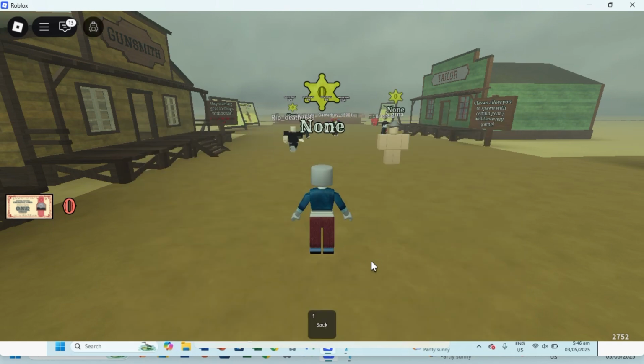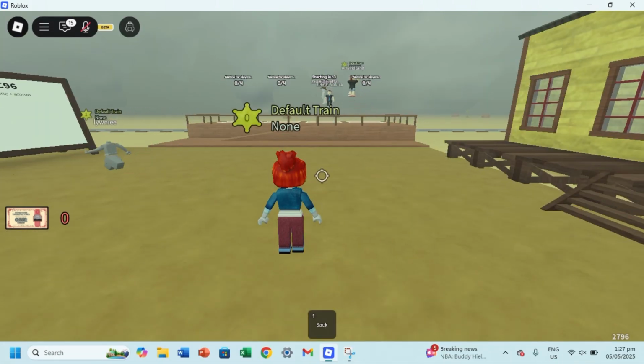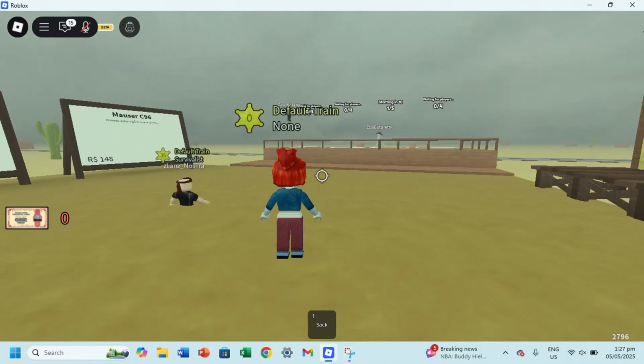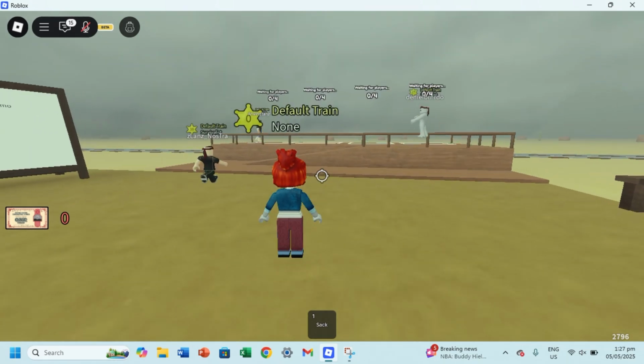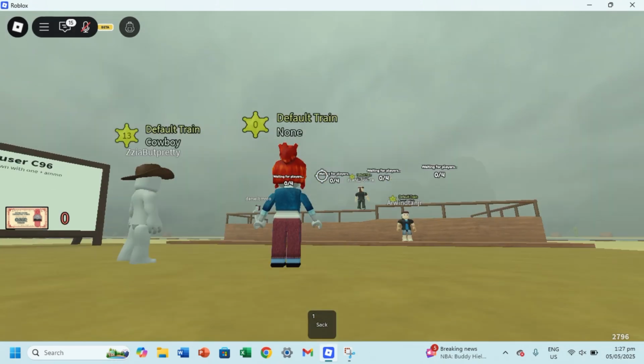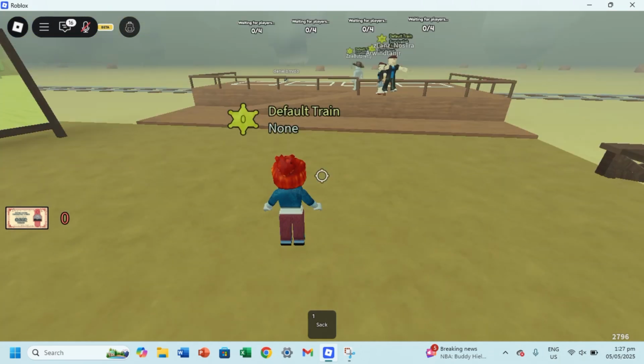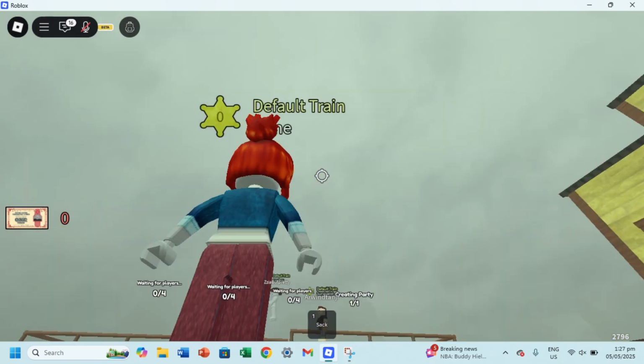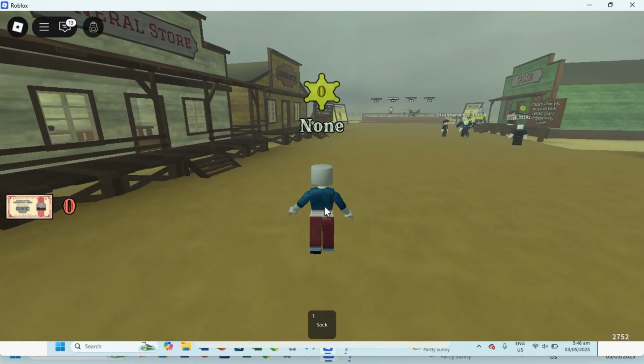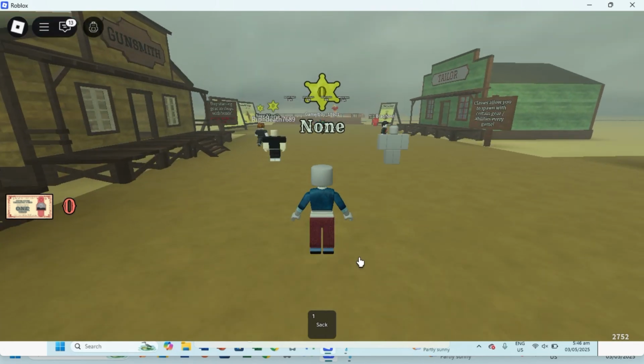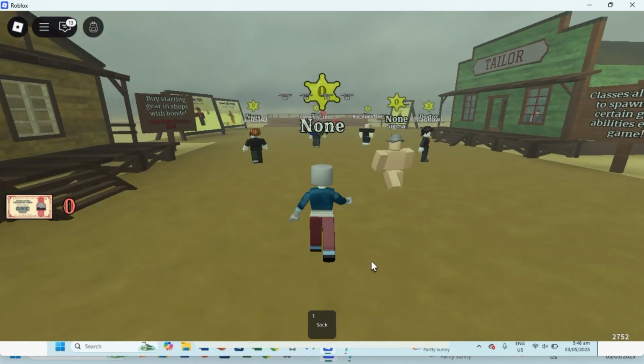At first, nothing will look different, but now when you press the Shift key, you'll notice the camera locks behind your character. You'll also see a small icon appear just to the right of your avatar. This lets you move the camera freely without needing to hold down the right mouse button, making it much easier to control your view. So that's all you need to do to enable shift lock in Roblox.